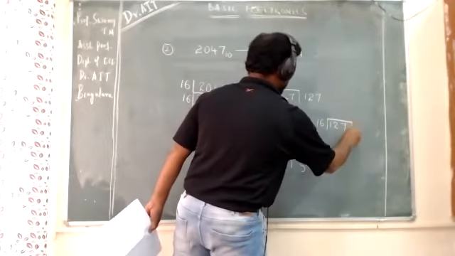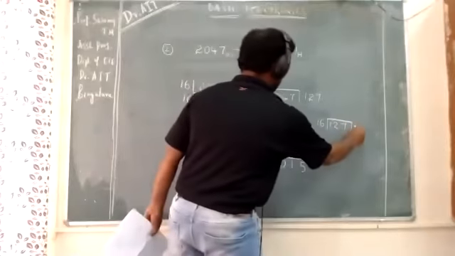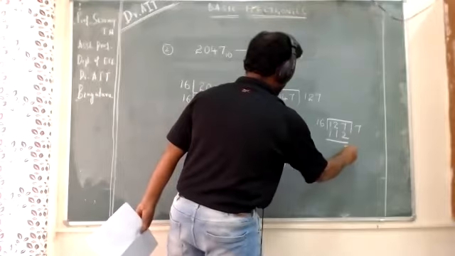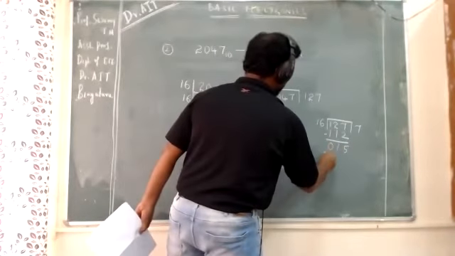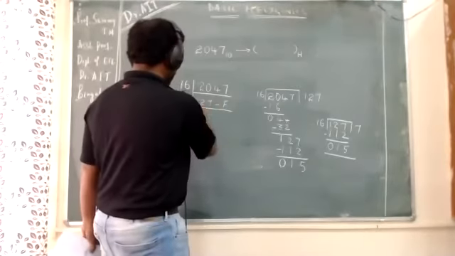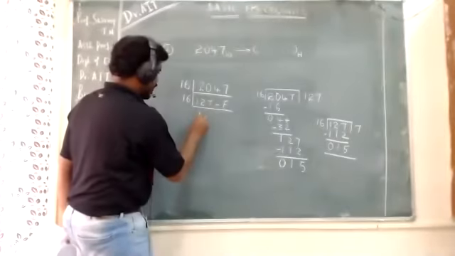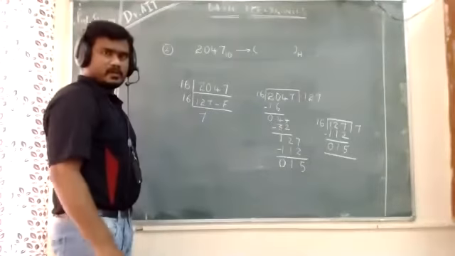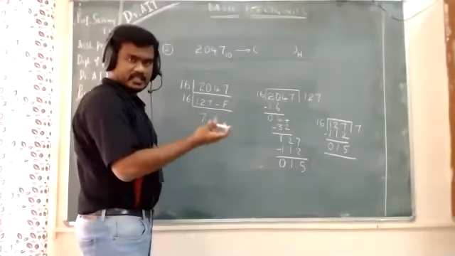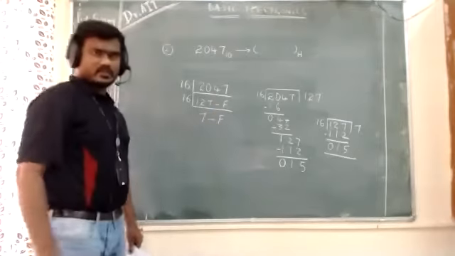It is divisible by 16. Sevens are 112. So this is 16 sevens are 112, so you have 5, 1 and 0. Okay, so if I divide this 127 by 16, I got quotient as 7. So I will write this quotient here. I got quotient as 7 and remainder is 15. But I cannot represent 15 as it is. That 15 should be represented as F in hexadecimal conversion.